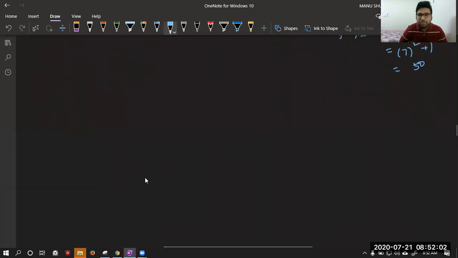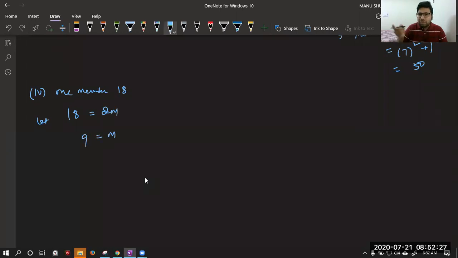Do the last part then. Fourth part. 18. Try 18. One member is given to you as 18. All of you, tell me. You will take 18 equal to how much? M square minus 1. You will take it as 2m. Very good. So we will again take 18 as 2m. So we will get m equal to 9.